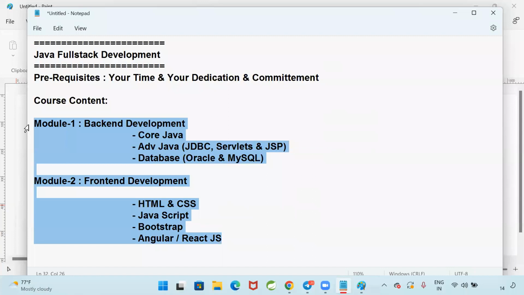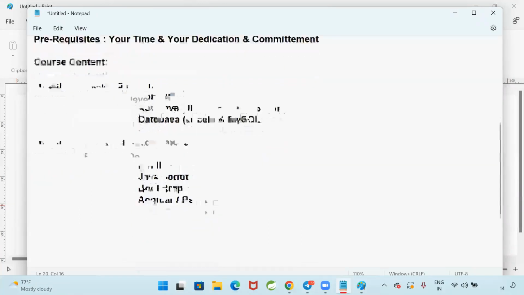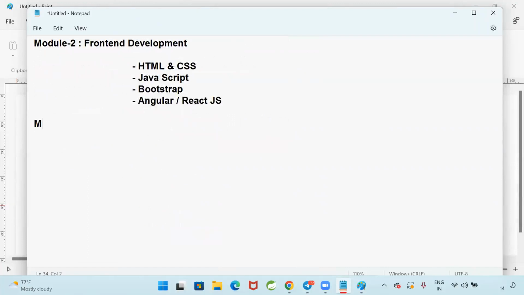Right. Sir, my graduation is completed, 1 year, 2 years, I have a 3 years gap, 4 years gap, 1 year gap. If you have some gap, or if you already completed your BTech in 2021 or 22 or before that, then you need to go for module 3 also, which is very important.